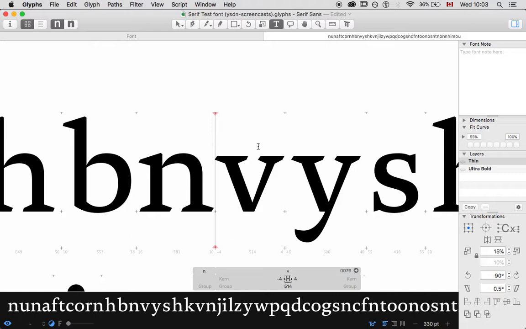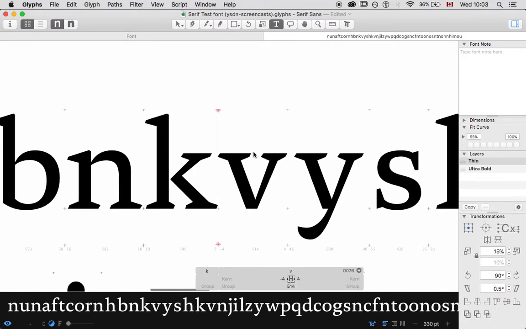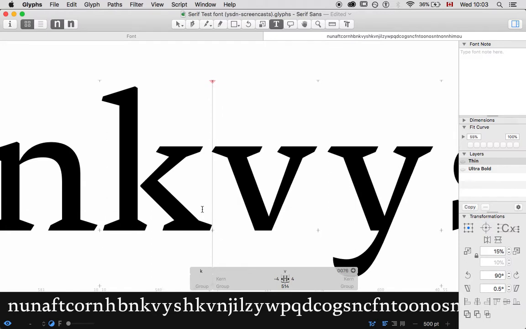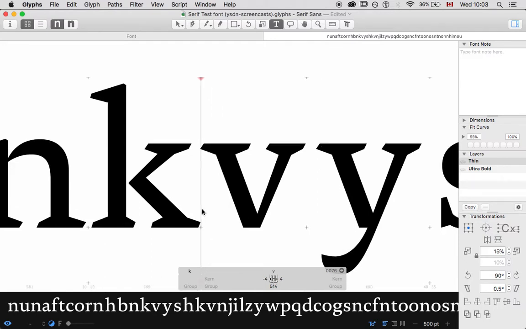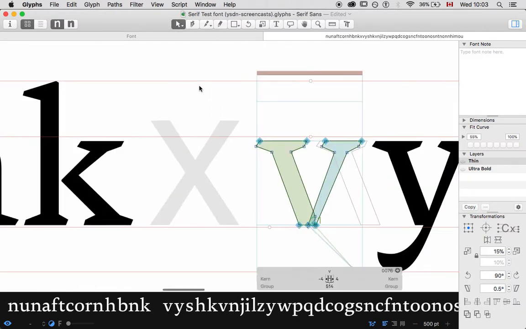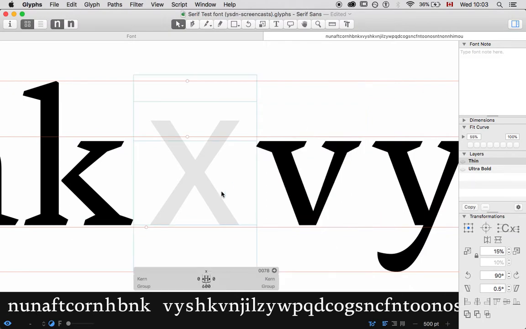And also the K can become a factor for this too, because the K has the kind of bottom serif that we want to have, and it's a similar shape. But let's get the X in here. And what I'm going to do is I'm going to grab V,